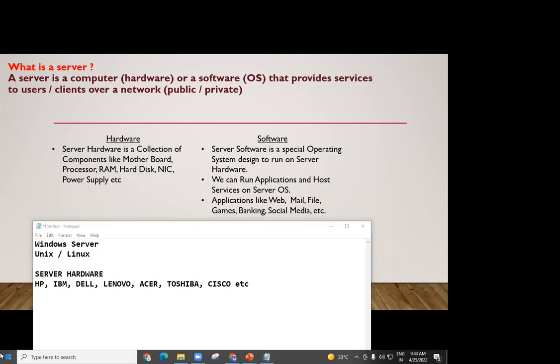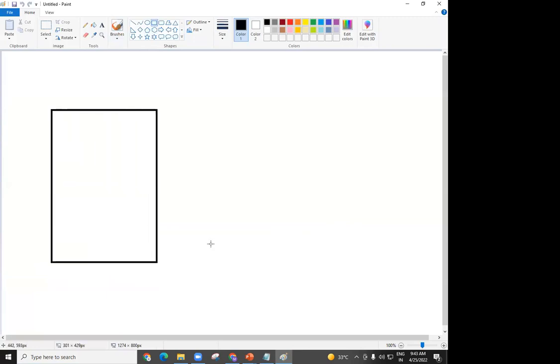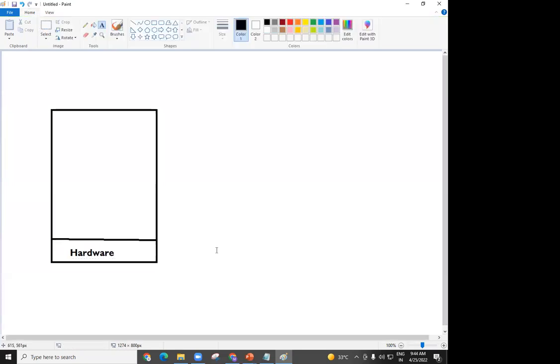So let us see this drill, how it happens. What a company will do, they will bring a server. Actually, they will hire a server administrator first of all. The server administrator will decide what sort of hardware is needed in this company or in this particular server. So according to the requirement, they will take some hardware. Okay. Now,